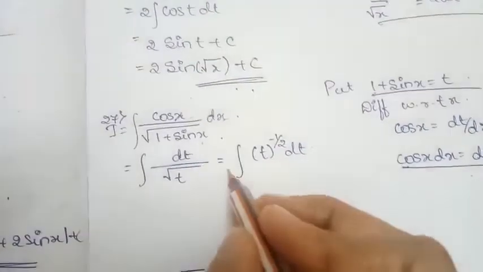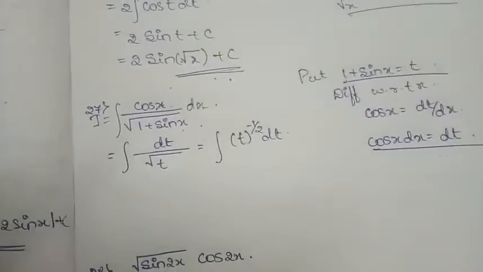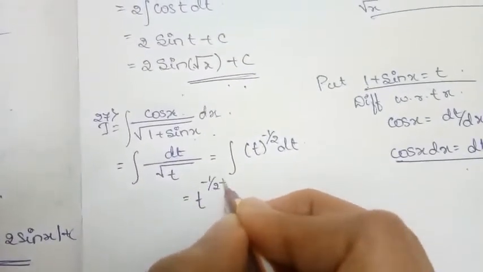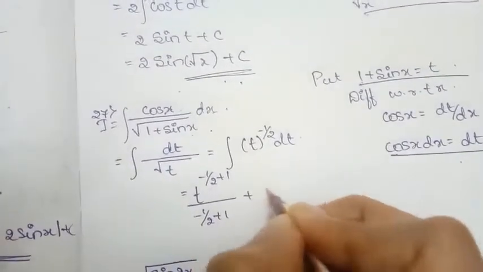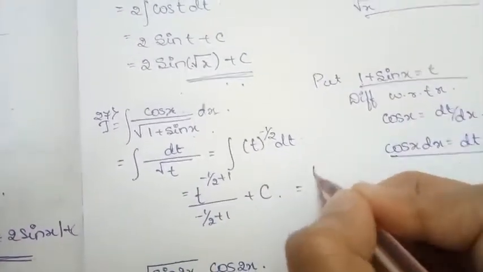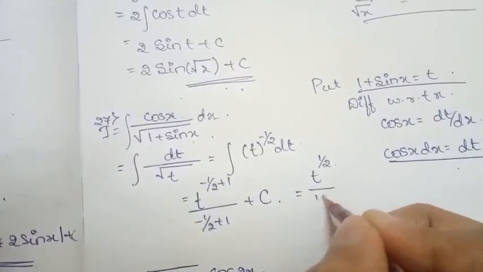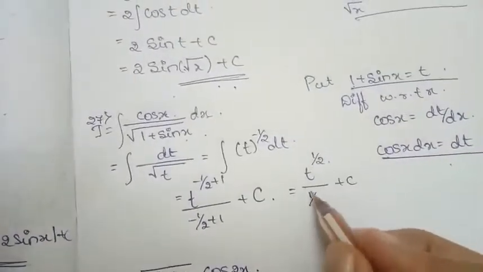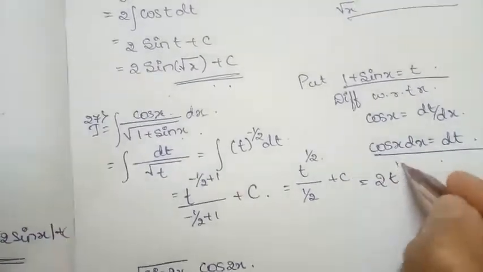And we know the formula. By the formula, integration of t to the power minus 1 by 2 dt becomes what? t to the power minus 1 by 2 plus 1 divided by minus 1 by 2 plus 1, plus c. So it is nothing but t to the power 1 by 2 divided by 1 by 2, plus c. If I bring this 1 by 2 to the numerator, it becomes 2 t to the power 1 by